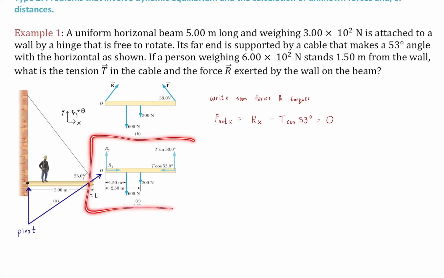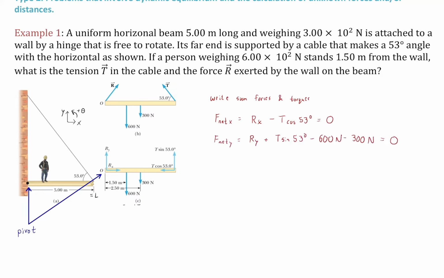Well, let's take a look, right? This is a good place to look right here. Well, there's the reaction force from the wall, and then there's a component of the tension force. They have to be equal to 0. Why? Because this is an equilibrium problem. Everything's at rest. All right, and then in the Y direction, we have some more forces. We've got a component of the reaction force. We've got a component of the tension force. Okay, again, known angle. And then we've got the two weights, both down,